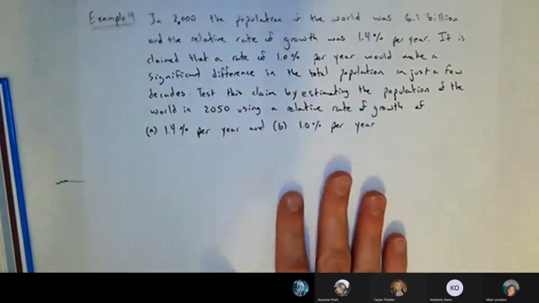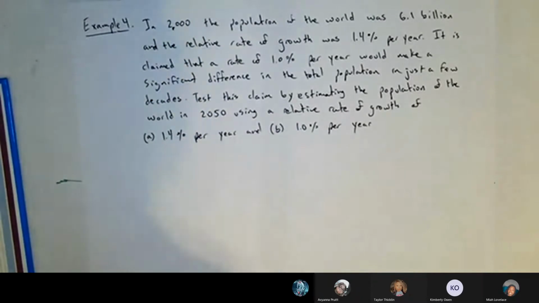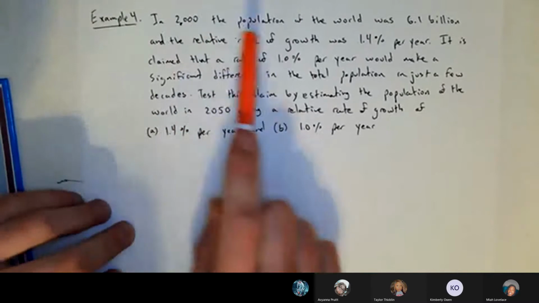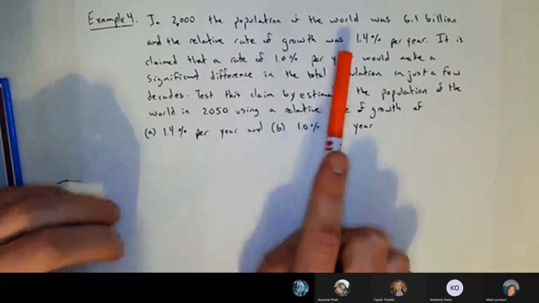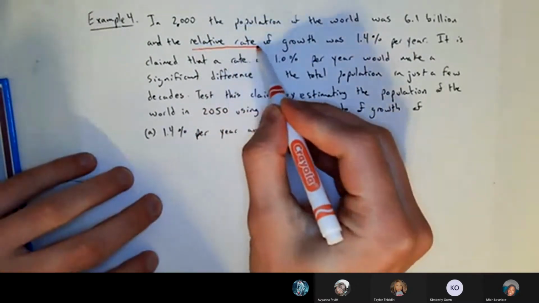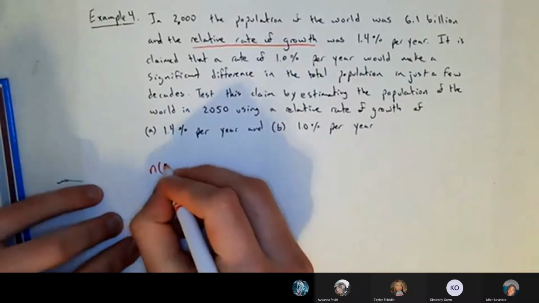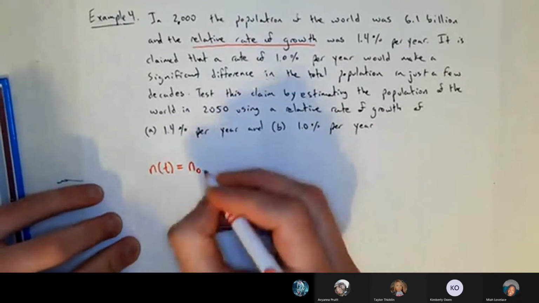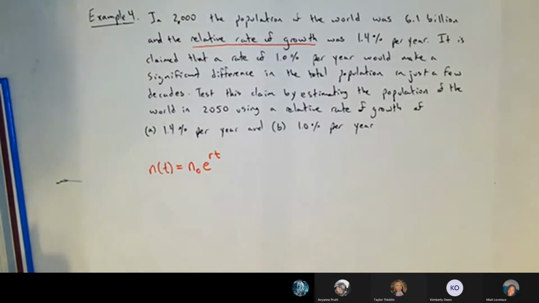But today, let's start with example 4 from 4.6. So this is still 4.6. Example 4 says in 2000, so that's the year 2000, the population of the world was 6.1 billion and the relative rate of growth was 1.4% per year. So when I see relative rate of growth, I'm immediately thinking, okay, I need to be using the model for population at some time that looks like this, as opposed to the one that has a base of 2,